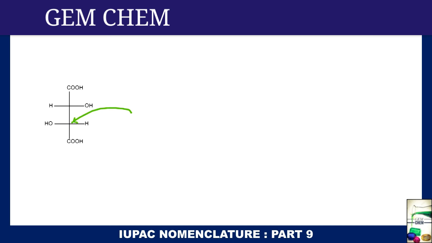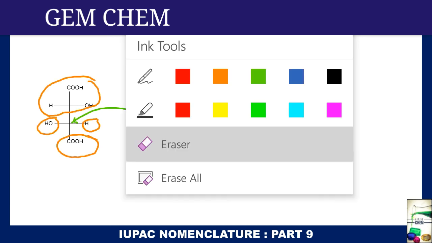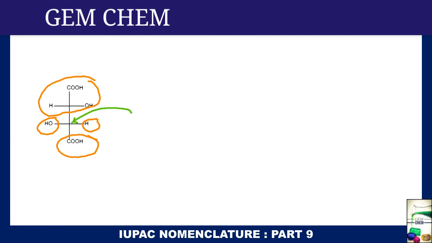So if we see this particular carbon atom, we know that the first atom will get more priority if its atomic number is more. If we focus on this, we can see that oxygen is present here, so this will be A. Next one is COOH and this moiety, so this one will get more priority. And then comes this big one, and this hydrogen is D.